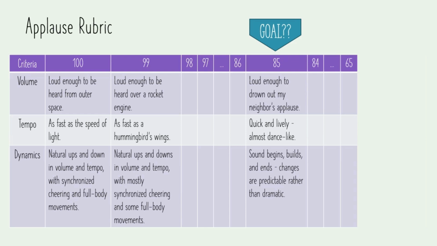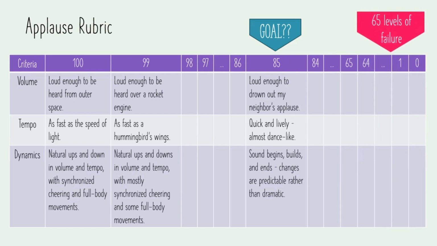And I'm still not done with this rubric. I have to write performance criteria for 65 different levels of failing, which, as an aside, if you think about it, is crazy. There are nearly 30 more levels of failing than passing in a traditional 100-point scale. One rubric would take me hours to complete, and it's darn near impossible to come up with 100 different levels